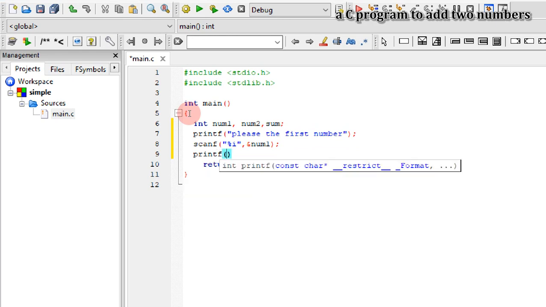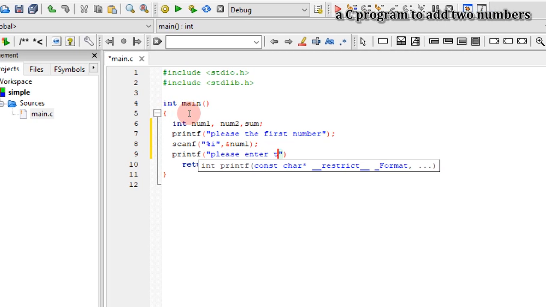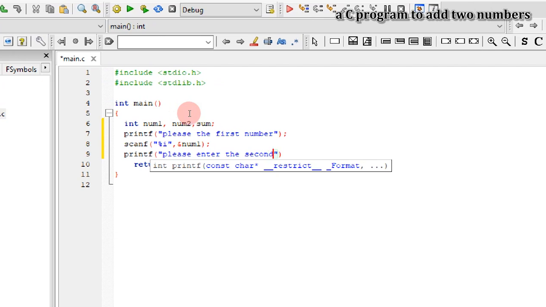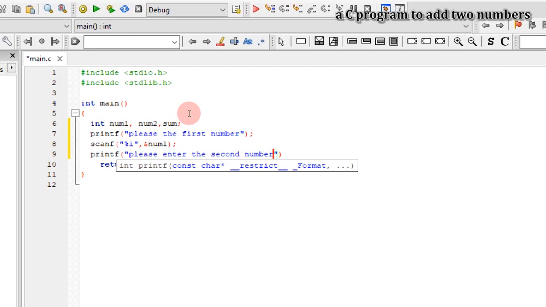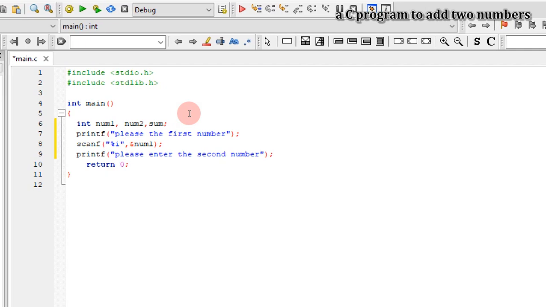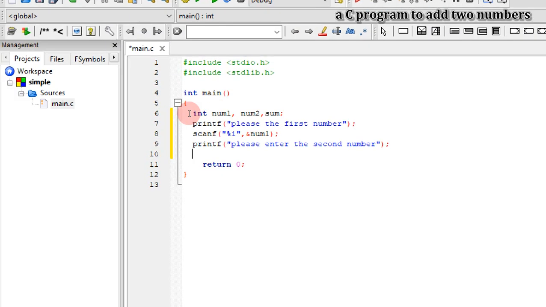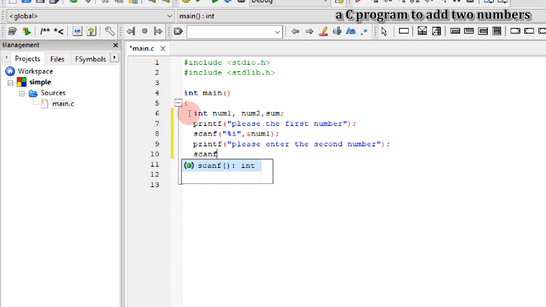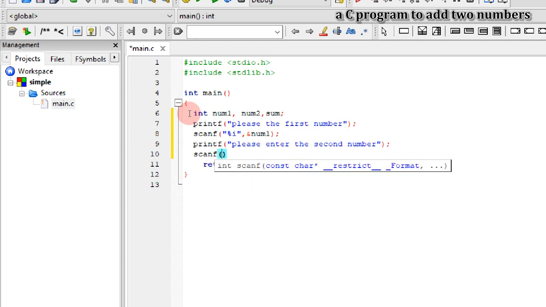Then I'm going to come to the next line and print another message to my user telling them to enter the second number. So "Please enter the second number". Come outside, terminate the programming statement. Then I'm going to scanf my second number. Remember I said that scanf is a function that we use to accept input into our program. Same as I did for num1,